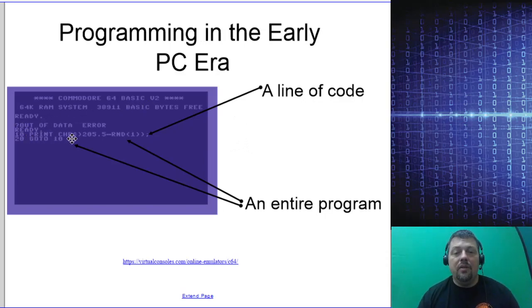So you would have a line of BASIC code, and don't worry about the syntax, because the syntax for every language is going to be different. And if you're not going to use a language, there's no point in worrying too much about it. We're not going to use BASIC as we go through the course here, but I just wanted to show you an example of what a BASIC program would look like in the early 80s. This is a Commodore 64 screen, and we wrote a little code here, and this actually does what you saw earlier. Let me bring that back up.